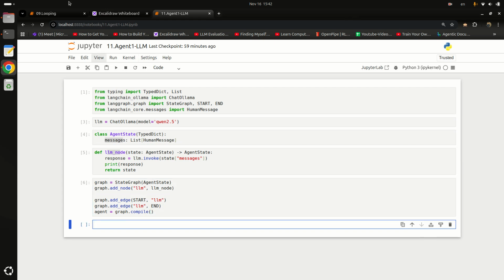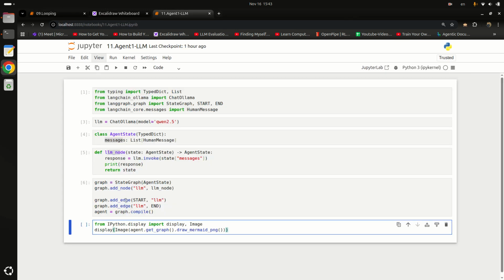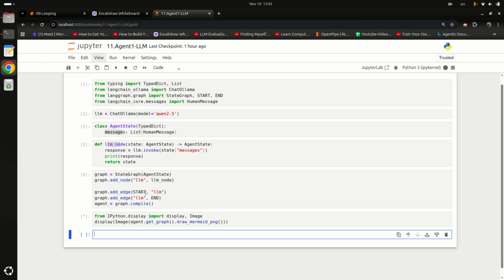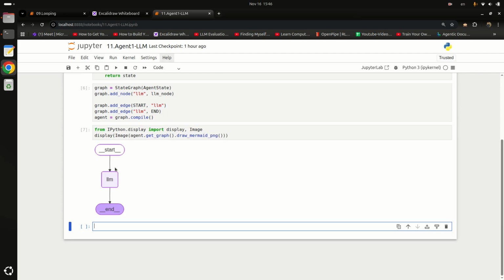Now to visualize this graph, let me just copy these lines from our previous classes. Okay, perfect. It is showing the graph. It has just one node, that is LLM. It has a starting and ending point. Now I want that if we type some message, the message will be sent to the LLM and the LLM will generate the response.